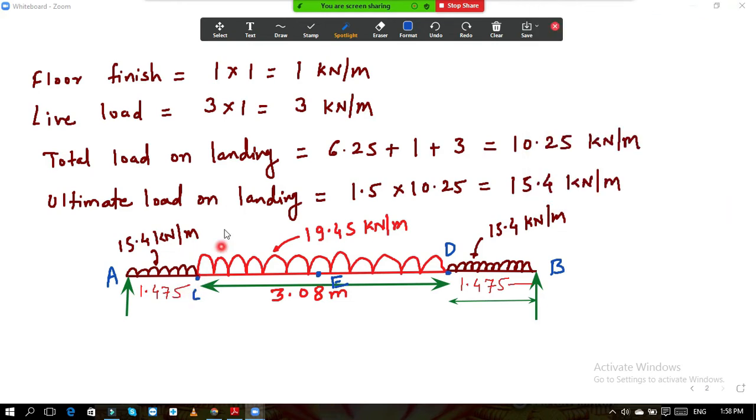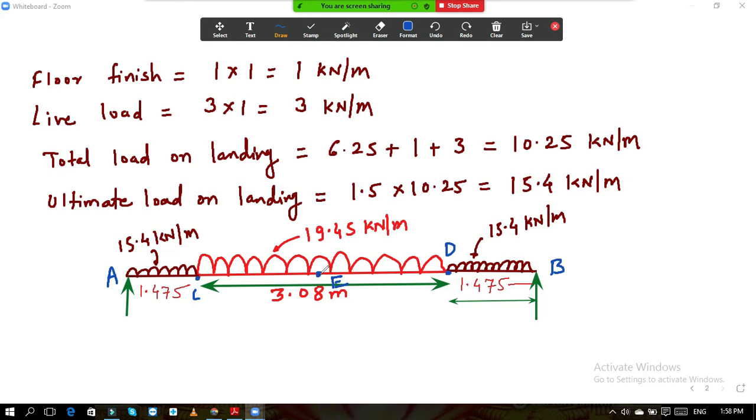So now why have I calculated the distance of this point E? Because if you see this beam carefully, consider this as a beam which carries UDL, and this is the span of the beam. Now we want to calculate the maximum bending moment. In this type of condition, your maximum bending moment will be at the center, because this is a symmetric structure in terms of loading and in terms of supports. So you will get the maximum value at point E.